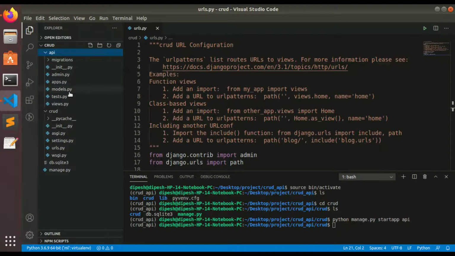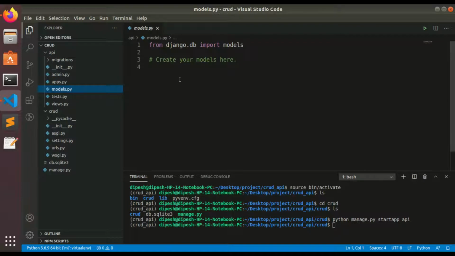It has a models file where we will be creating a model later, a tests file where we create test cases to test our application, and a views.py file where we will be creating views, whether function based views or class based views, in order to render the data in our template or to create the API. All these files I will be explaining in future videos.